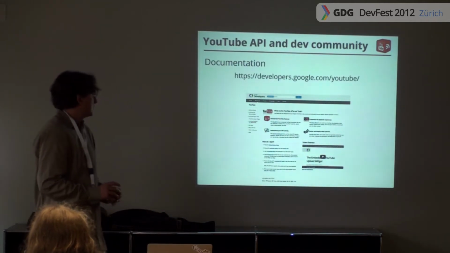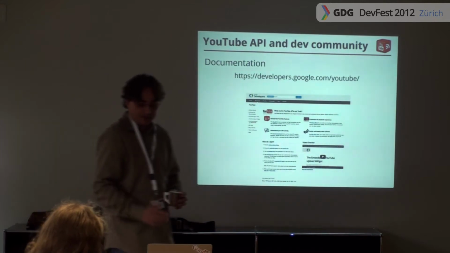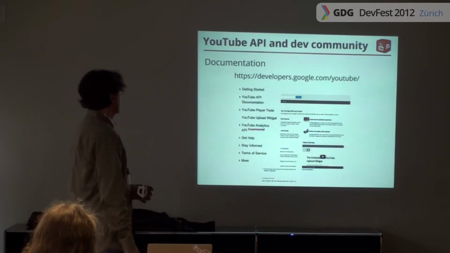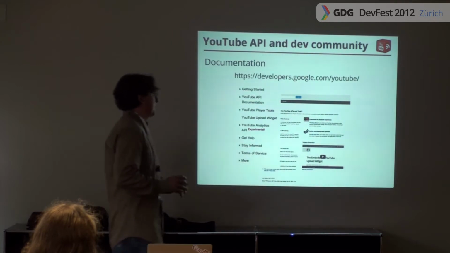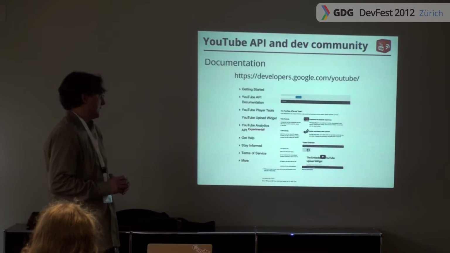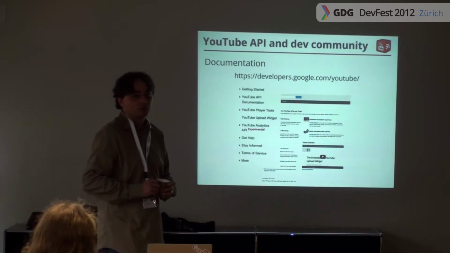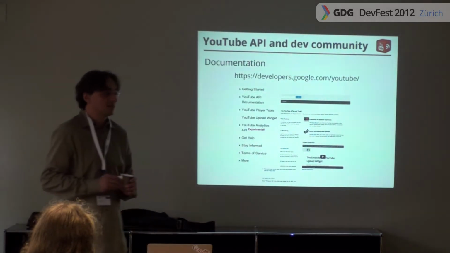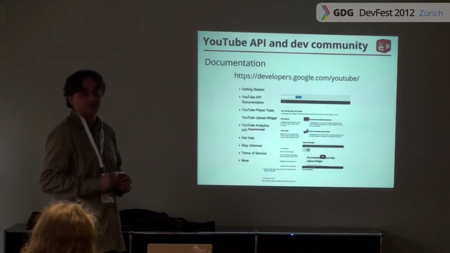So the documentation is all collected in the same place, and you have all the APIs here. The YouTube API, if you click on this, will expand and give you all the data APIs that we have. The same for the other ones, and some of those APIs will be experimental, meaning that you might expect that we change the interface or that there might be bugs. Some others are fixed and we commit to maintain the interface for a year.